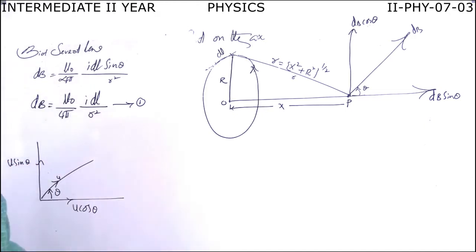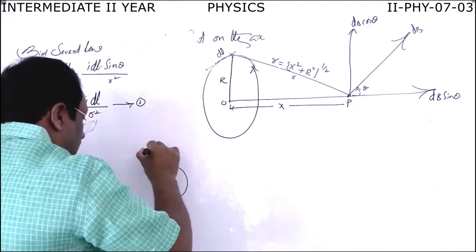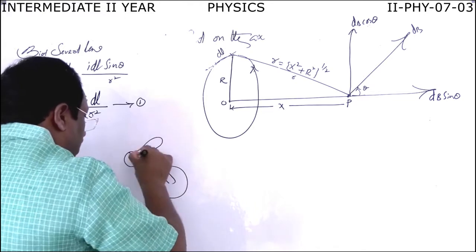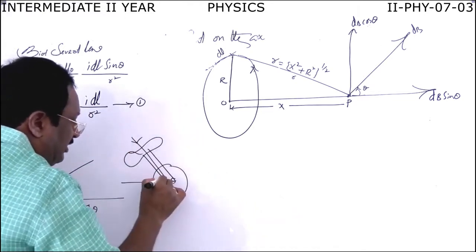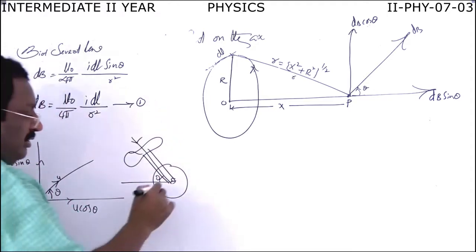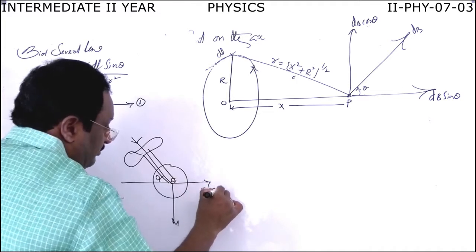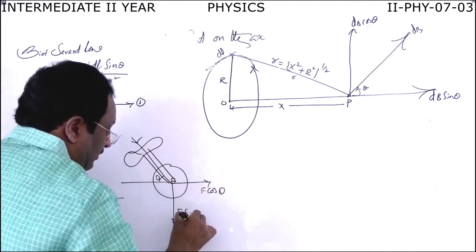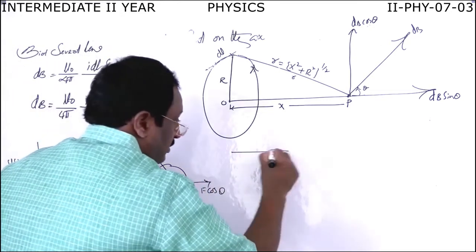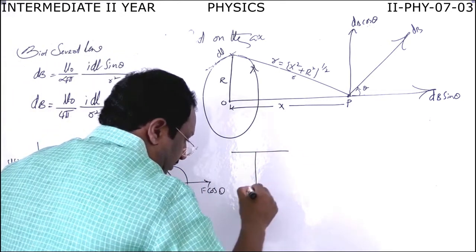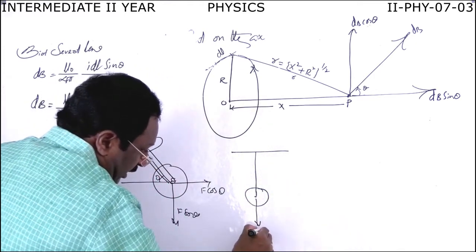In the case of a long roller, while pushing the roller, the force makes some angle with the horizontal and is resolved into two components, F cos theta and F sin theta. In the case of a simple pendulum, when the pendulum is at the mean point, the weight of the bob is acting vertically downward.